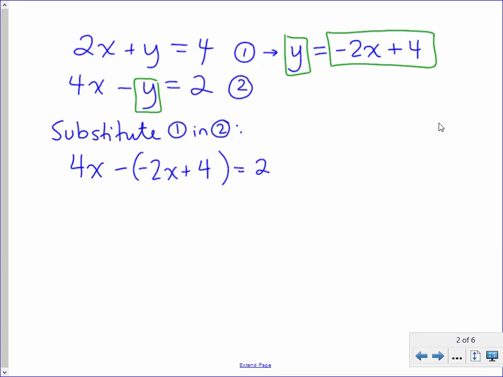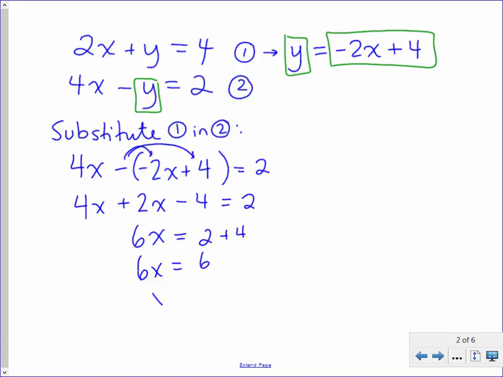Get x collected and isolated. So 4x minus negative 2x really should just be plus 2x. But this positive 4 is now minus 4, again, because we have to remember distributive property. And that could just as easily have a 3 next to it, and you might have to distribute negative 3. Okay, so you just got to be careful. And now if I isolate for x here, 4x plus 2x, 6x, maybe I'll do a little bit of work over here and say, okay, I'm going to add the x's over here. This 2, I'm going to add 4 to it. So I have 6x equals 6. X is